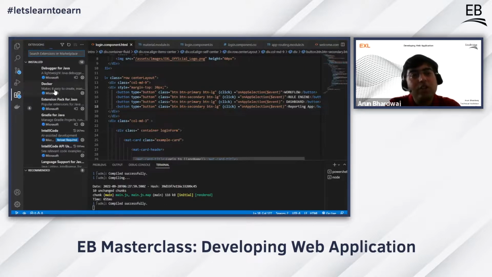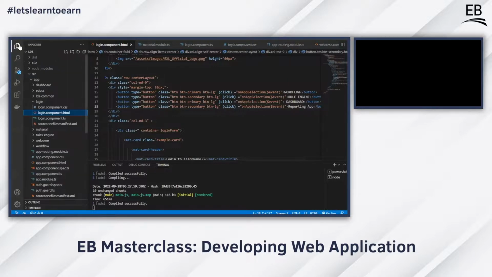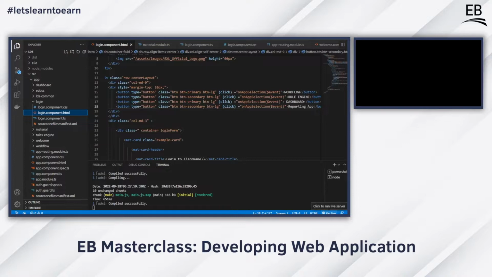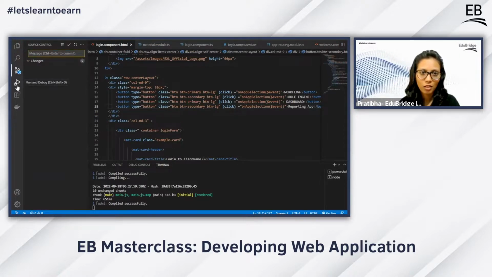So I have actually सर installed this. So this is not by default. You have to explicitly go and add this plugin to your VS Code. सर वो मैंने इंस्टॉल कर रखा है सर। VS Code आपने इंस्टॉल किया होगा, लाइव सर्वर आपको इंस्टॉल करना पड़ेगा। सर, इंस्टॉल किया हुआ है, लाइव सर्वर भी इंस्टॉल किया हुआ है सर। तो मे बी ये कुछ टेक्निकल रिक्वायरमेंट की वजह से है, सिस्टम रिक्वायरमेंट की वजह से।